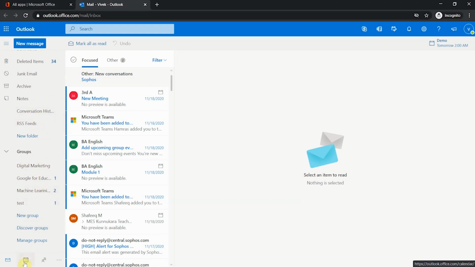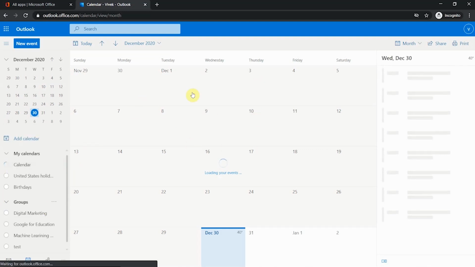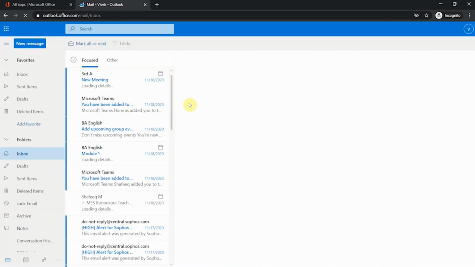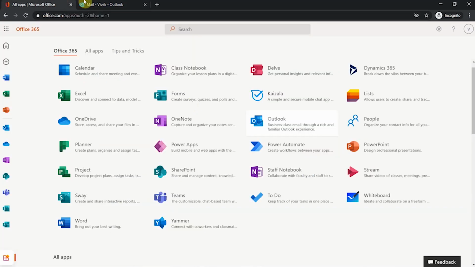And also here we can see the calendar option that I told you about in the Android options. Here also we can get the calendar option and we can create an event. Here is the new event button, and if I click it, I can create new events. Okay, so this is the interface of Outlook in the desktop view. Between Android phone and desktop, the better option is desktop, with more options than Android. That way you can use Outlook also.